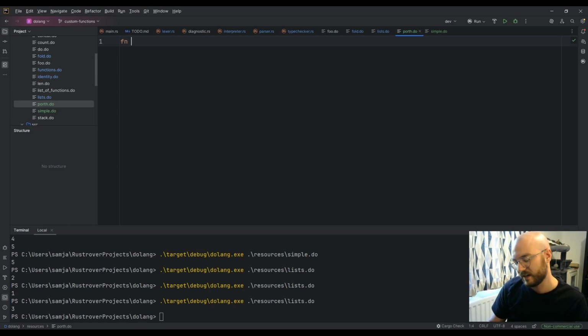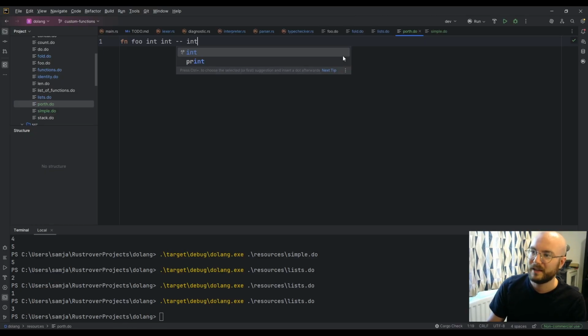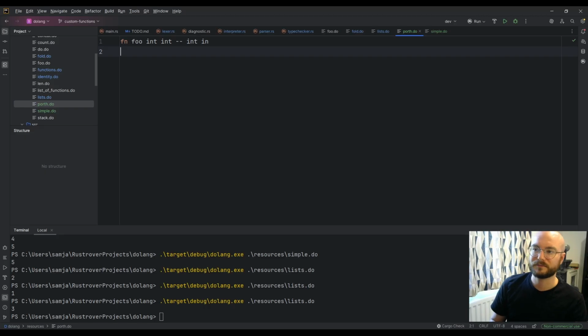And you would say foo, and then you'd have int int hyphen int in, and then you would essentially have a block here, and you have an end on the end.